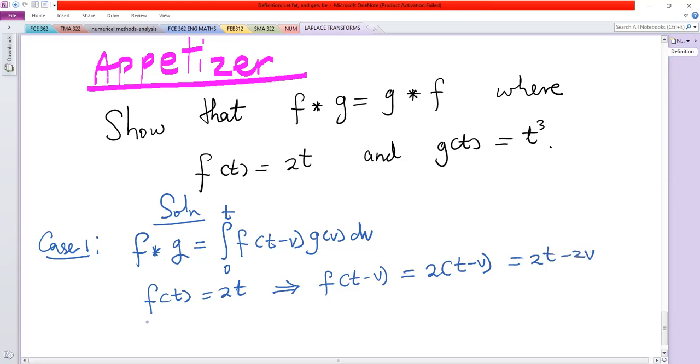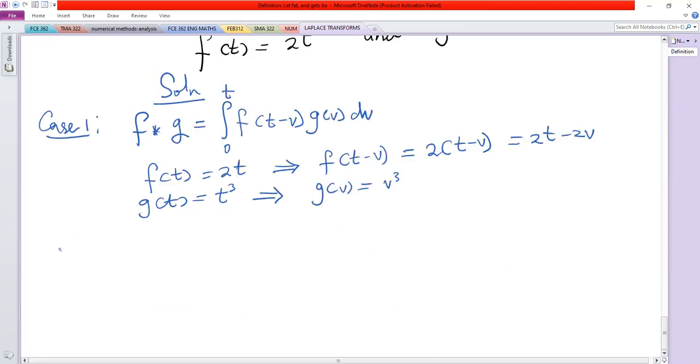And then g of t is given by t cubed, which implies that g of v is given by v power 3. Which tells us that now the convolution of f and g